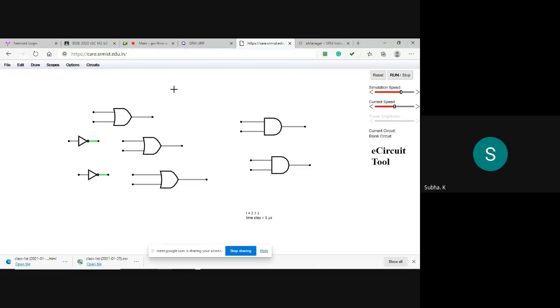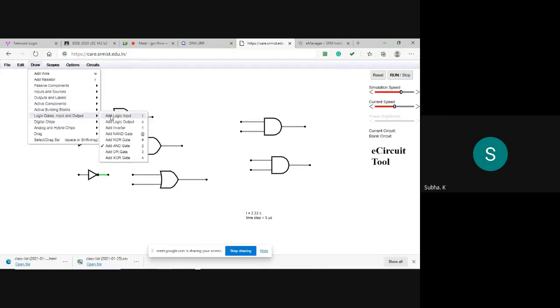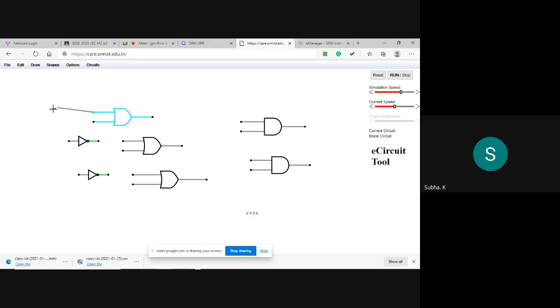Okay, now I have 4 inputs. This gate that I am showing in the display will be given inputs A and D. So again draw, add logic inputs. This is my A, this is my D. There is no text box here to represent it clearly, so I am telling orally again and again: these inputs are A and D.